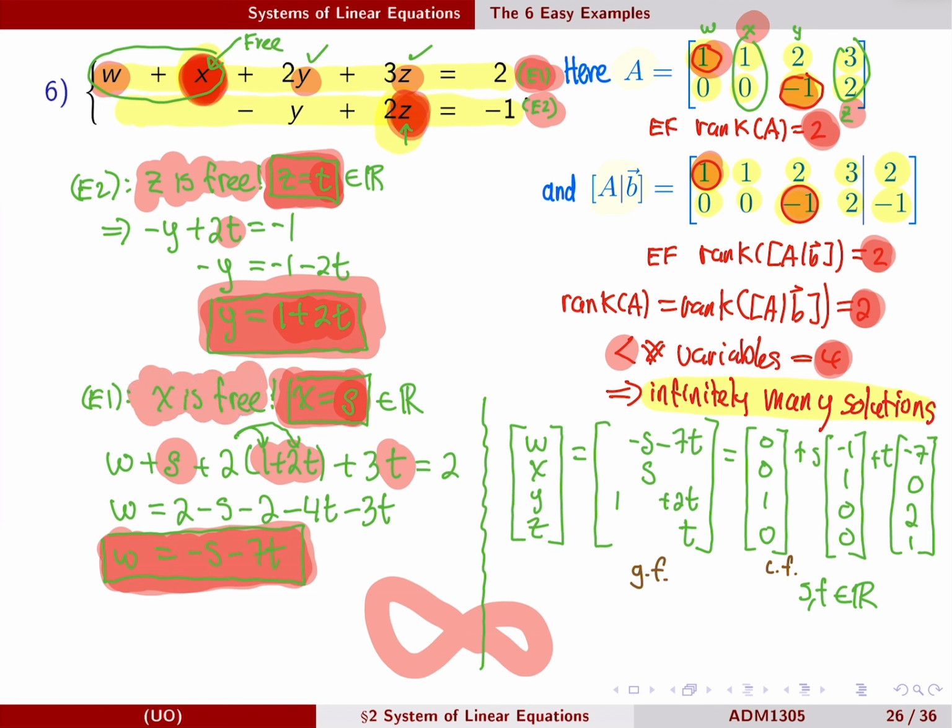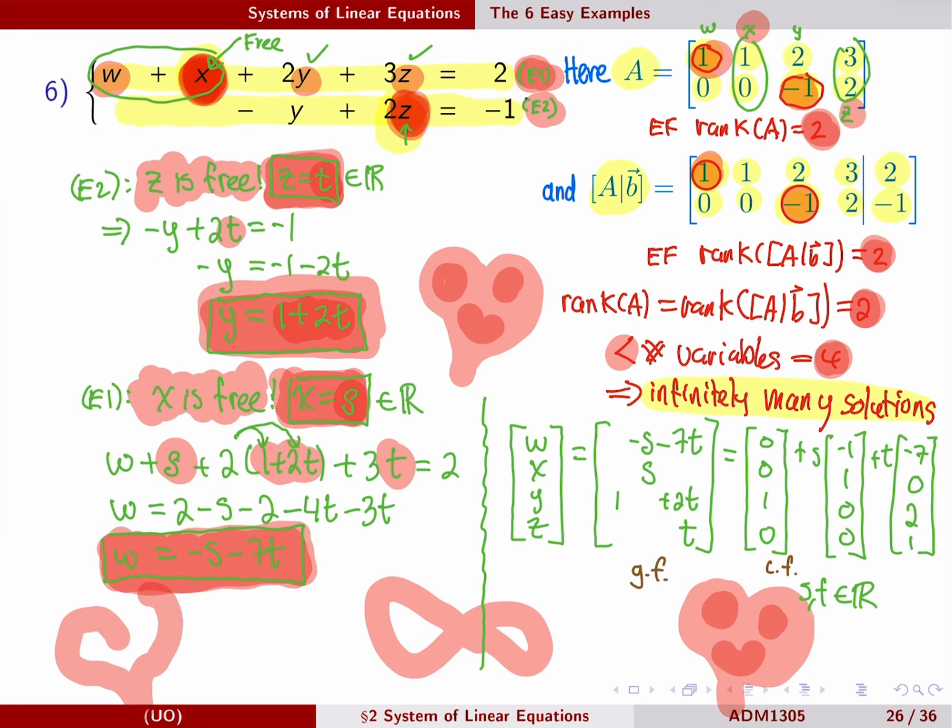But anyways, even if this question is slightly more complex because there are two free variables, we were able to extract the general solution because, again, those matrices right from the beginning, A and A augmented by B, were in echelon form. When things are in echelon form, everything is just beautiful. All right. So for that section, for the 6 easier examples that will set up the last steps for questions in general,